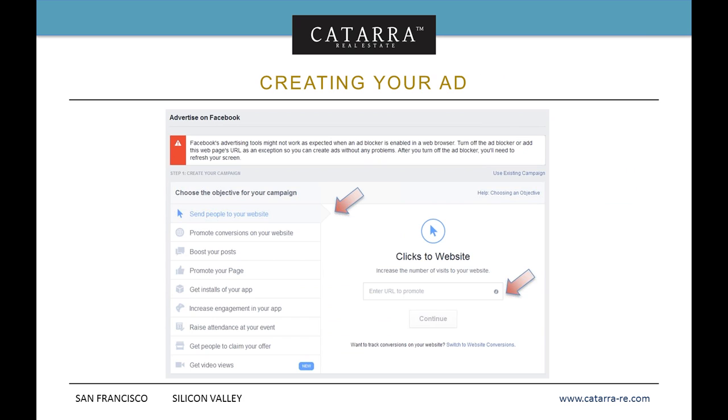And then in the dialog box here where it says enter your URL to promote, you're going to pick the URL of the page that you want people to go to. So if you sign up for one of these services, like listings to leads, then they're going to ask you to create a domain name. And your domain name could be something like NewportBeachHomeValues.com or SiliconValleyHomeValues.com. Something that promotes the idea that the website or the web page is relevant to somebody who owns a home wanting to get their home valuation.